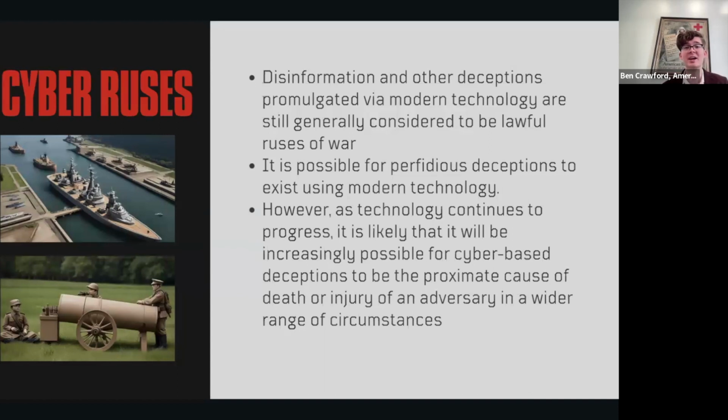In these circumstances, it is important to look at the existing laws of war provided for ruses of war and perfidy to see if they still match the standard, as deceptions get more and more advanced and at times indistinguishable, essentially blurring the line between a ruse and perfidy in this way.